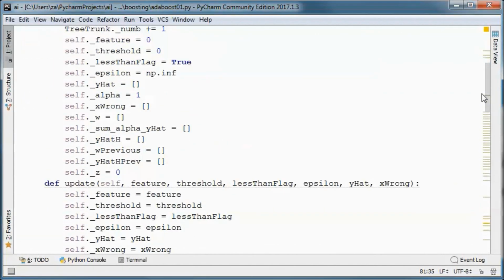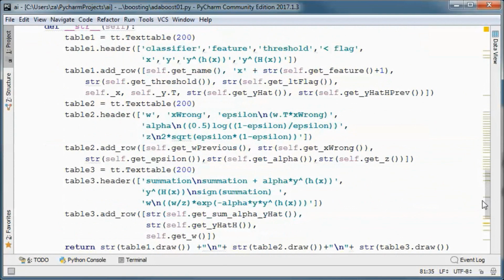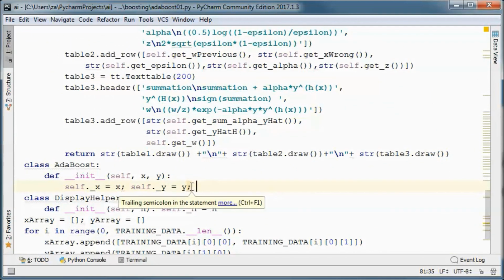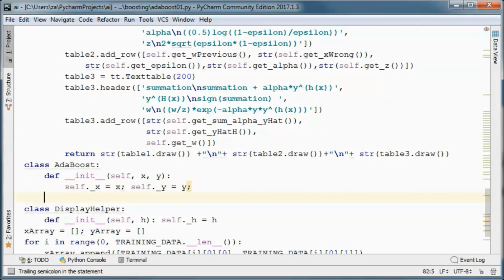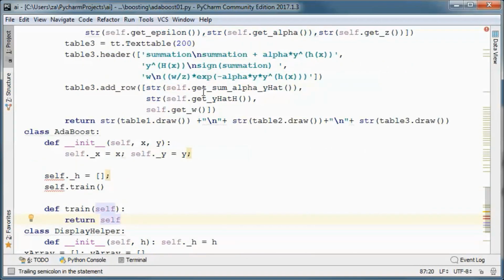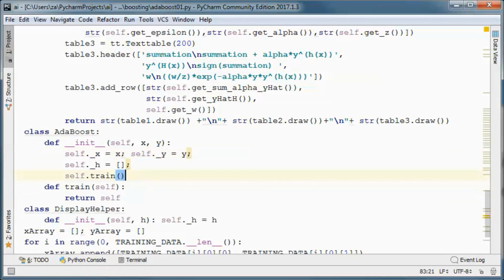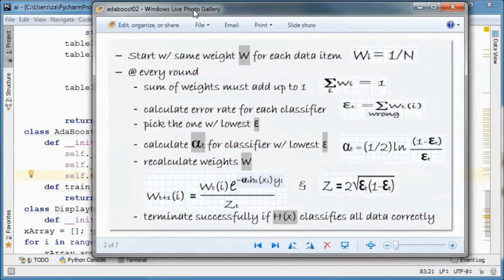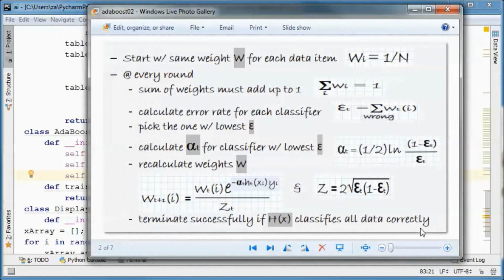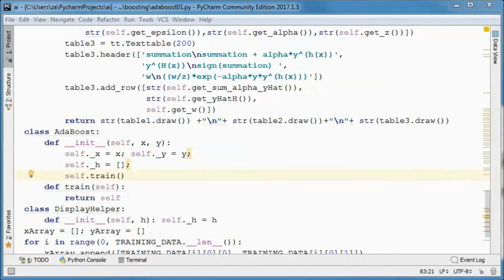And going to the AdaBoost class, we will have this train method that implements this logic that is executed at every round, and this will keep track of all the weak classifiers.